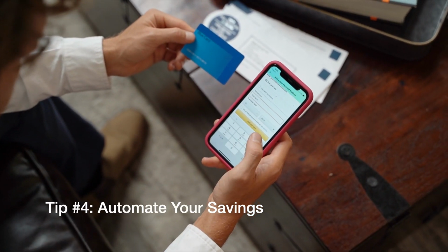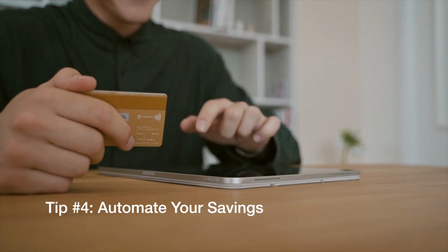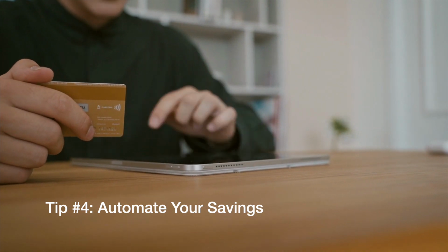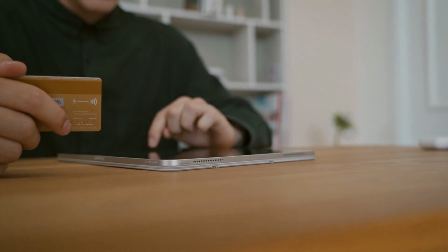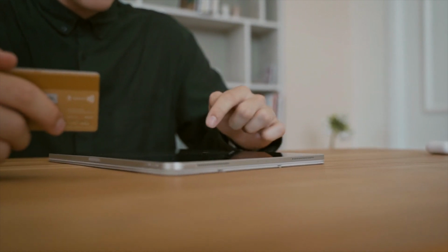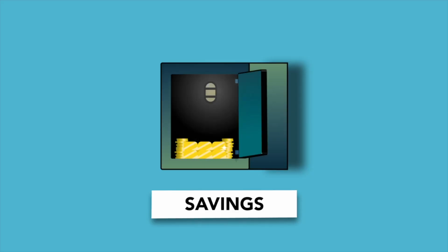Automate your savings. One great way to make budgeting easier is to automate your savings. Set up automatic transfers from your checking account to your savings account so you don't even have to think about it. This can help you build up your emergency fund or work towards other financial goals without feeling like you're